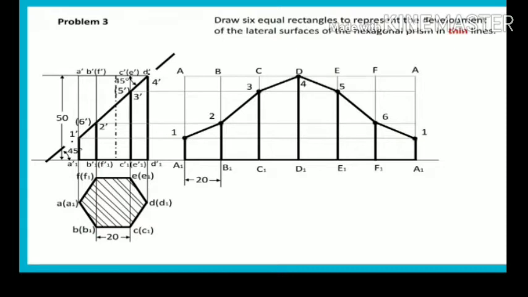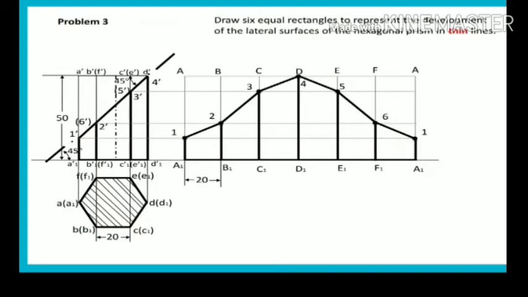Now how are the points transferred? The cutting plane cuts the vertical edge A1 at a point we have named 1. On B1 we have named 2 dash. Then 3 on CC1, and for DD1 we have named the point 4.